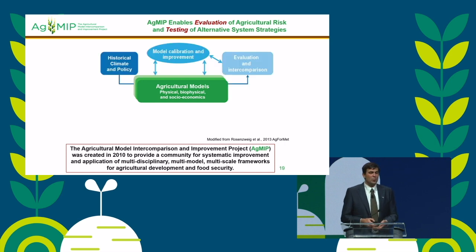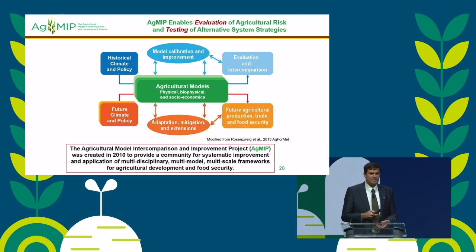To understand the current situations, we had to start with observations. This is where NASA comes in. This is where our partnerships with leading agricultural institutions around the world are so important. But if we understand the historical climate and the policies in which agriculture is undertaken, we can run through these models so we evaluate and intercompare how well they do, and we can further calibrate and improve the modeling systems that we have. Once we iterate through this process, we gain trust in the models,